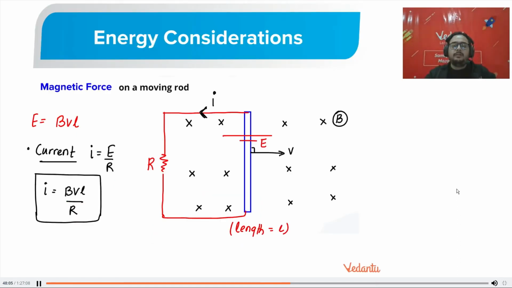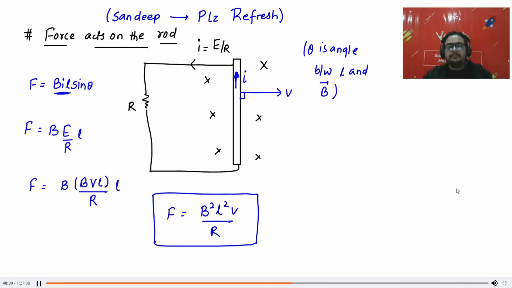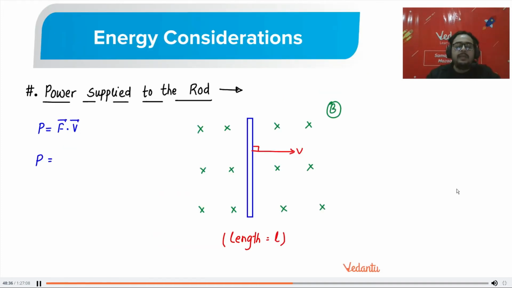How VF? Oh, sir, what is R? Now things are getting weird. Now the doubts are getting really weird. Beta, R is resistance. I hope it was clear. R is resistance. Obviously, current is EMF upon resistance. Okay, so please note down this formula for your force. Okay, and let us move on. Enough, we are wasting a lot of time.